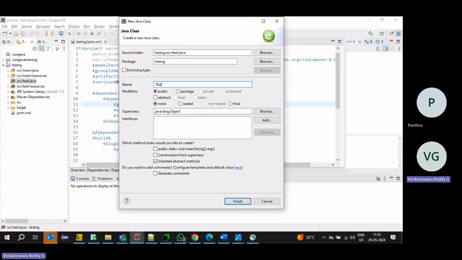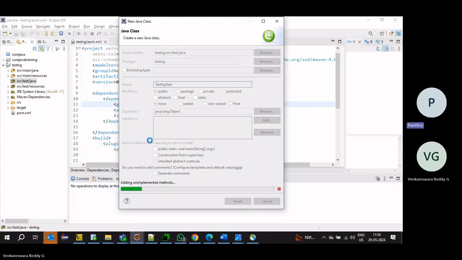While writing test cases, it should end with the test. Suppose I am writing banking test or admin test, login test, add user test. Like that, it should end with the test.